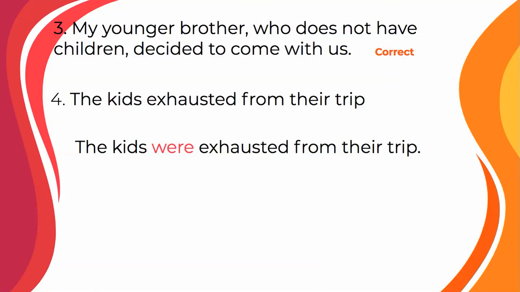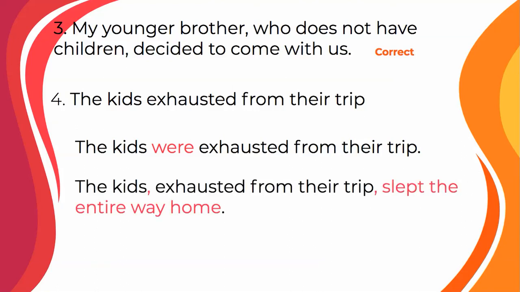If I'm trying to express something slightly more interesting or meaningful, then I'm going to add an independent clause. The kids, exhausted from their trip, slept the entire way home. So now, exhausted from their trip is clearly, correctly functioning as a participial phrase that modifies kids. Our subject is kids, and slept is, of course,